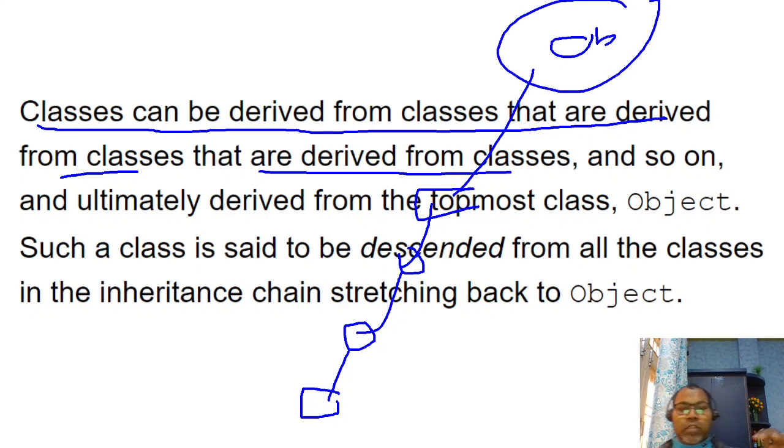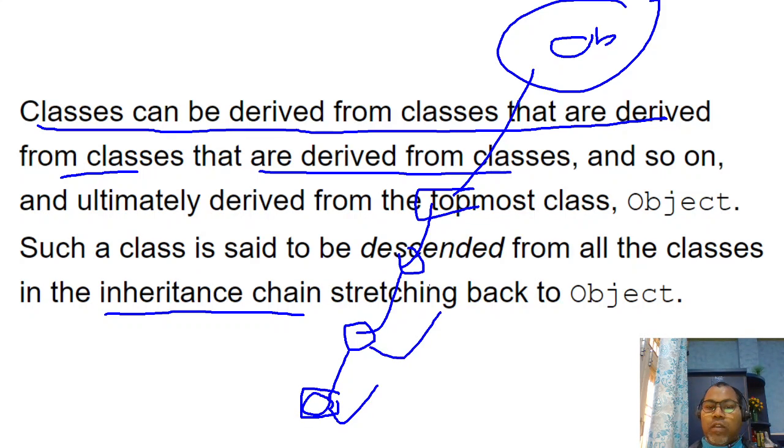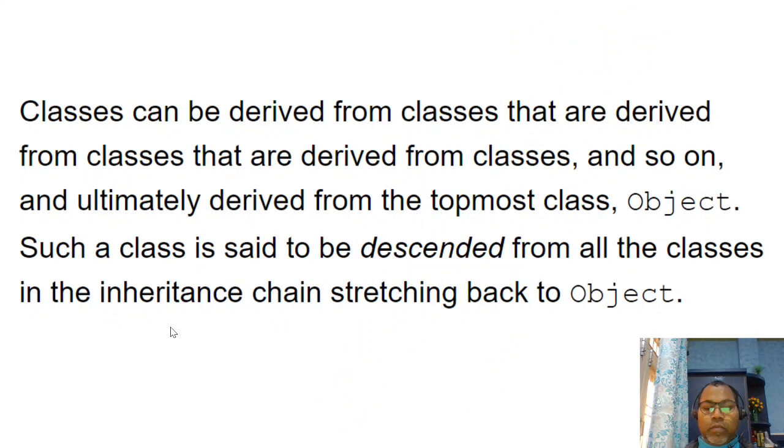So this is how you can show the chaining of your constructors. Whenever you are invoking the constructor of this class, before invoking the constructor of this class, first this class's constructor is invoked, before this class, before this class, before this class. So this way your chain of inheritance happens, and the topmost class is your Object class.